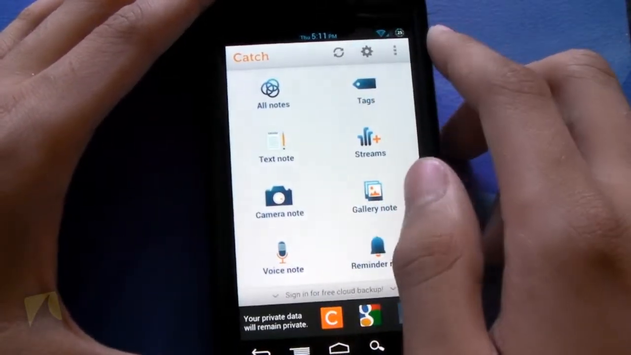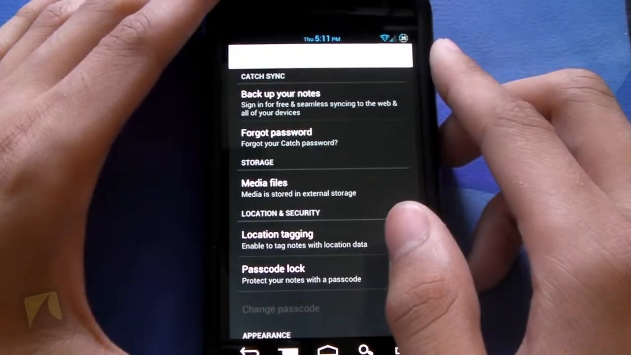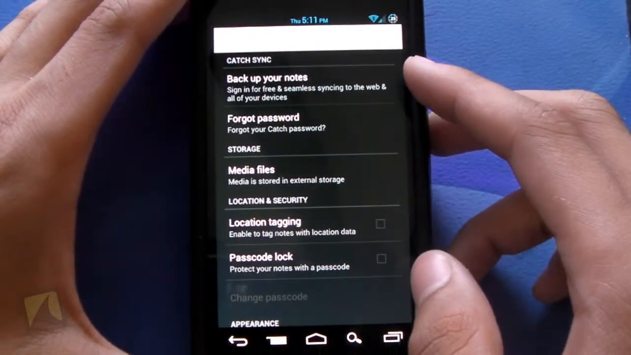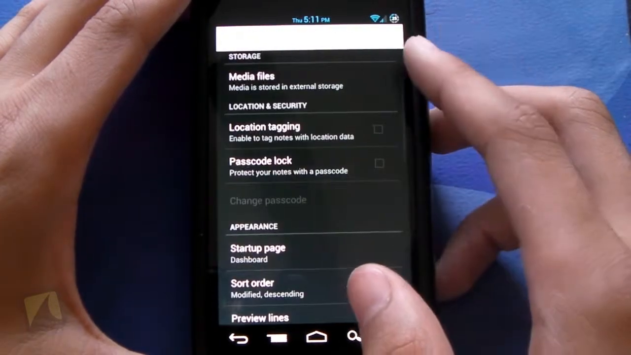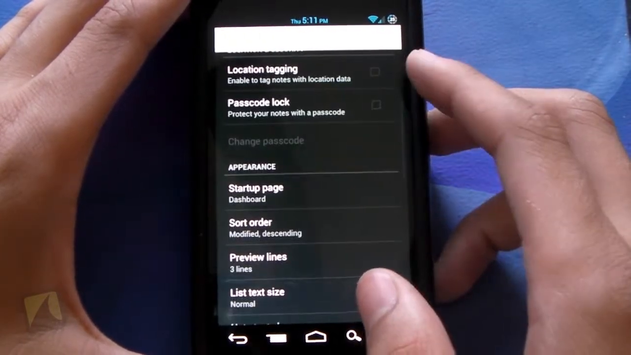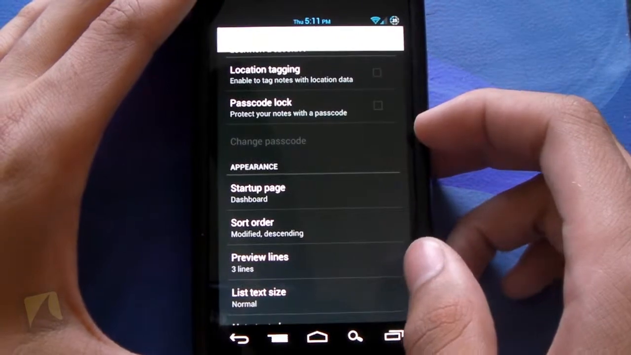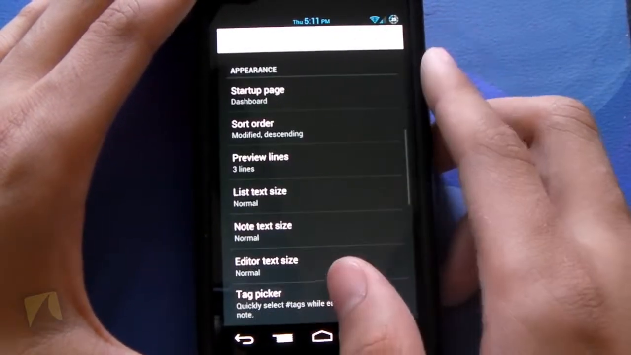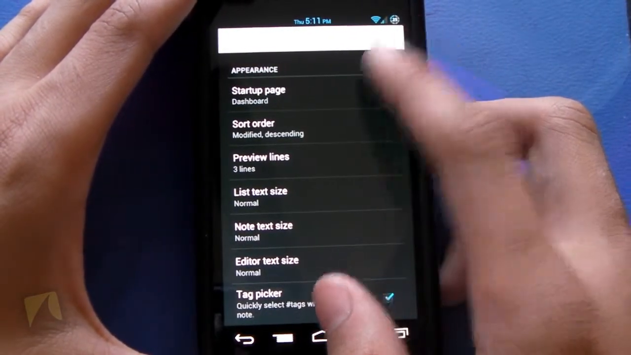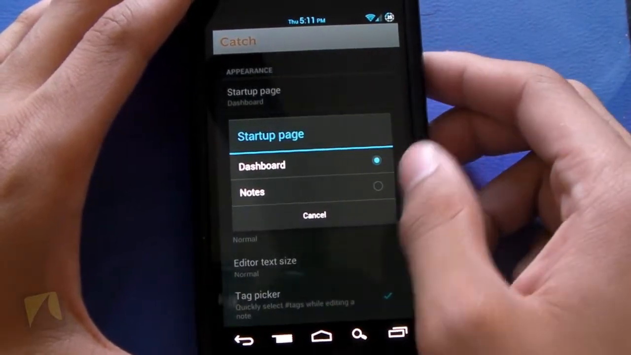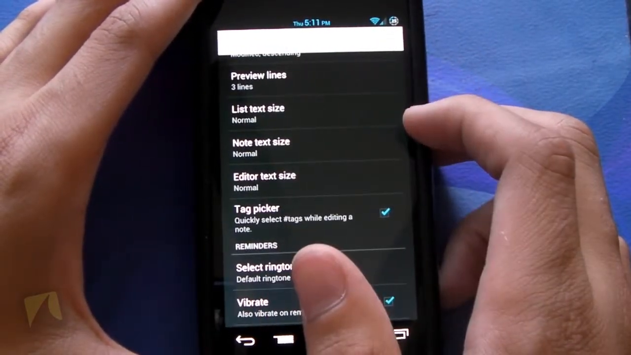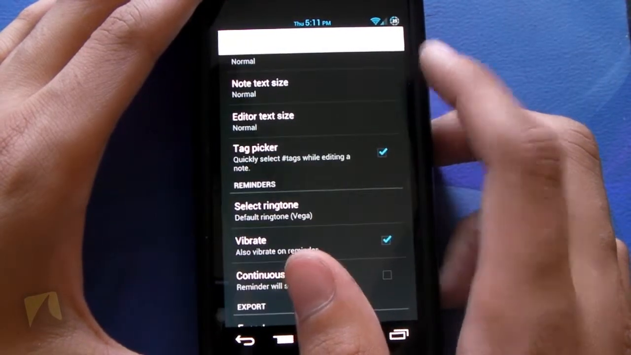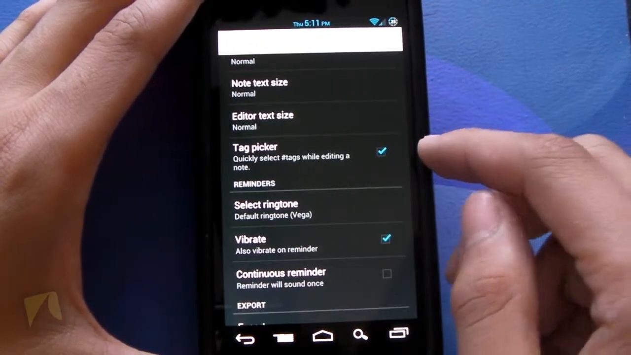Anyways, jumping back, we have the little gear button right here, which takes us into some settings, which includes backing up our notes. If you set up a password, you can hit forget password right there. You have media files right there, location tagging, passcode lock, and you can change the passcode once you've set one up. You have different appearance settings as well, which includes changing the startup page from dashboard to notes, your sorting order, your preview lines, your list text size, your note text size, your editor text size,